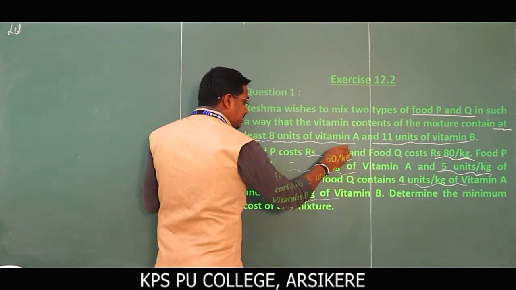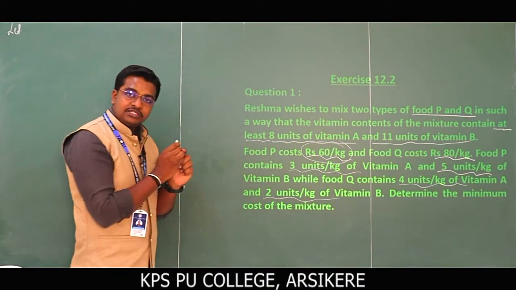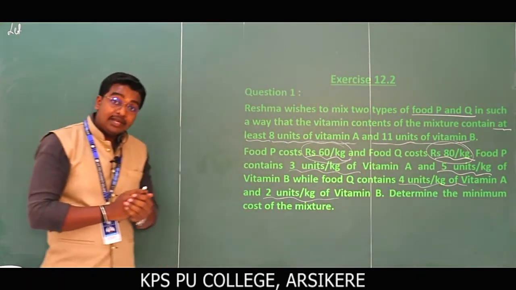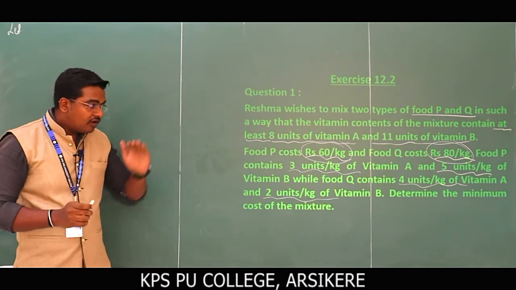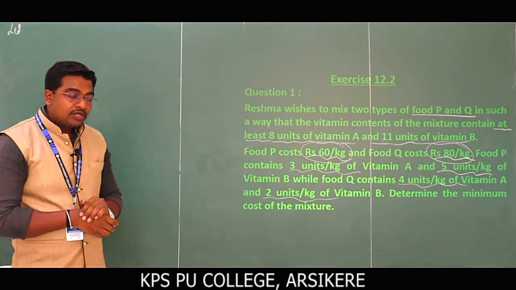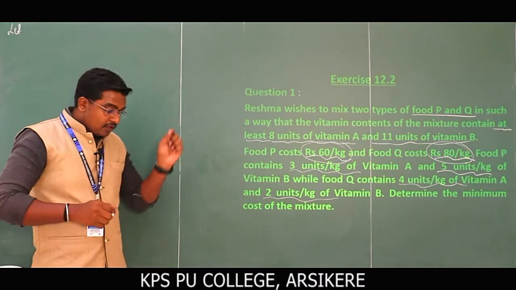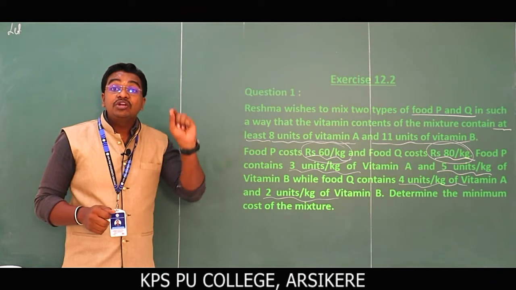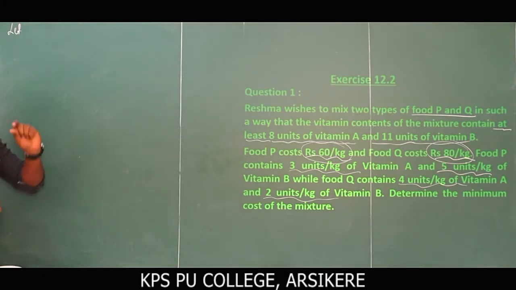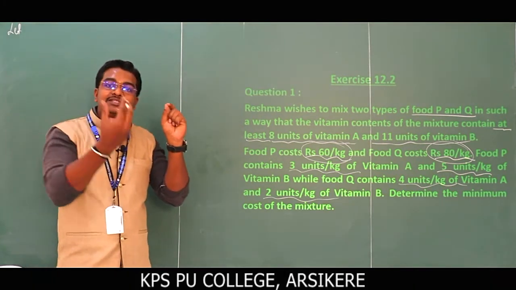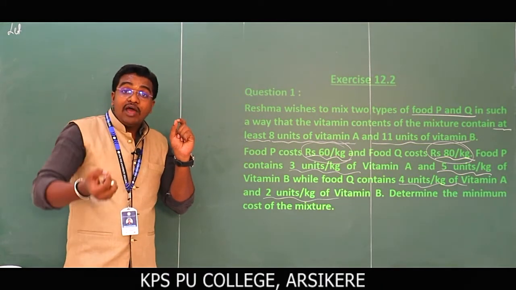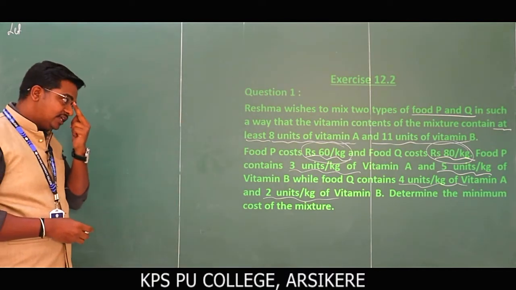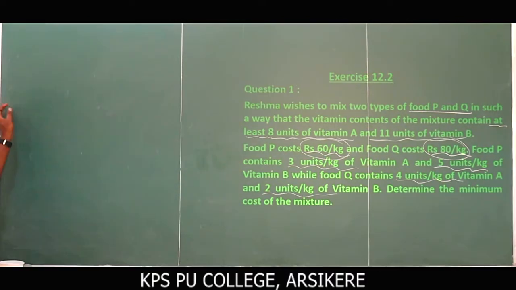So the cost is 60 per kg for food P and similarly 80 per kg for food Q. Here we have to minimize the production cost. So what is the first step we need to remember? When you are solving this problem, the first and foremost step is the decision variables, and decision variables are non-negative. It means if I take x and y as the decision variables, their values must be greater than or equal to 0. These are the important things here.